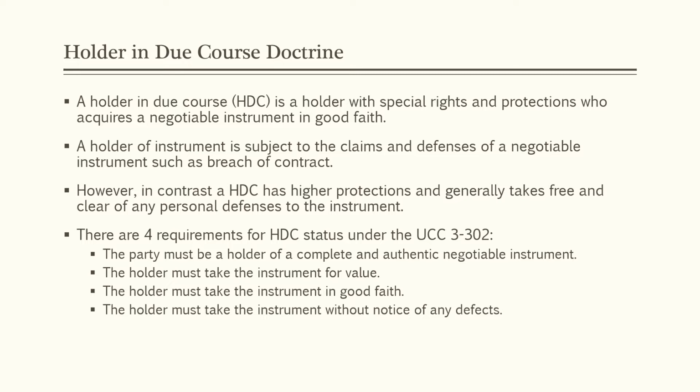Now, if ABC Painting later finds out that the painting equipment is faulty, he can sue Equipment for breach of contract, but he must still pay Smith under the $10,000 note because Smith is a holder in due course and takes free and clear of ABC Painting's breach of contract defense. In contrast, if Equipment had not sold the note, because providing defective painting equipment would be a material breach, ABC Painting's performance under the contract would be discharged, meaning their obligation to pay under the note would be ended. So you can see the big protections that holder in due course status has.